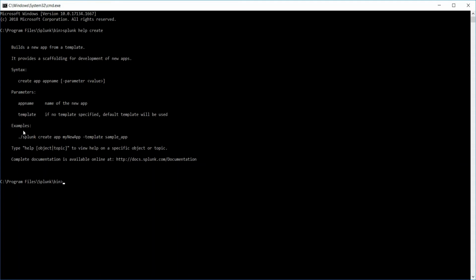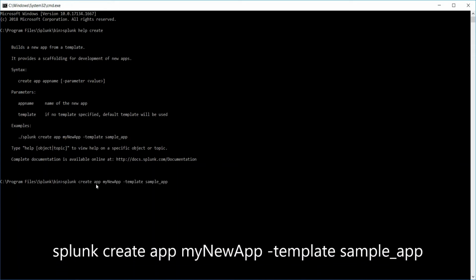If you see the example here, I'll just copy paste this example: splunk create app and provide your application name. I'll change the name to my second app. We have to give the template as a parameter.